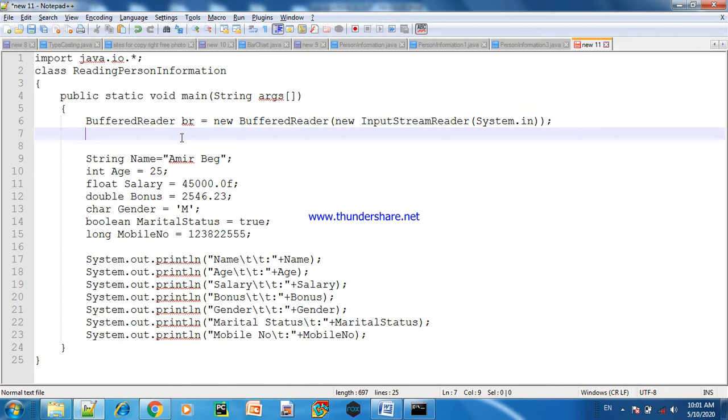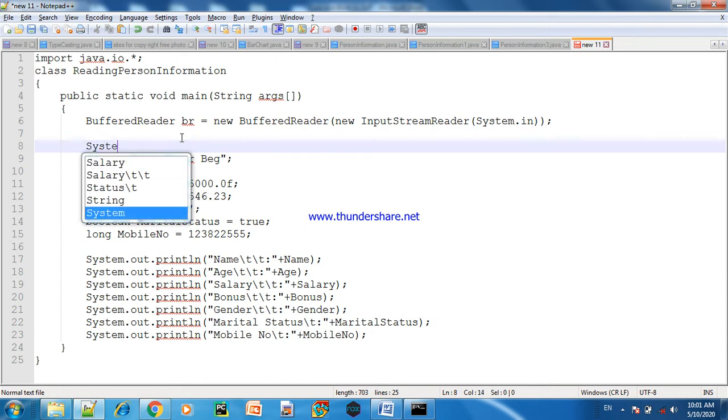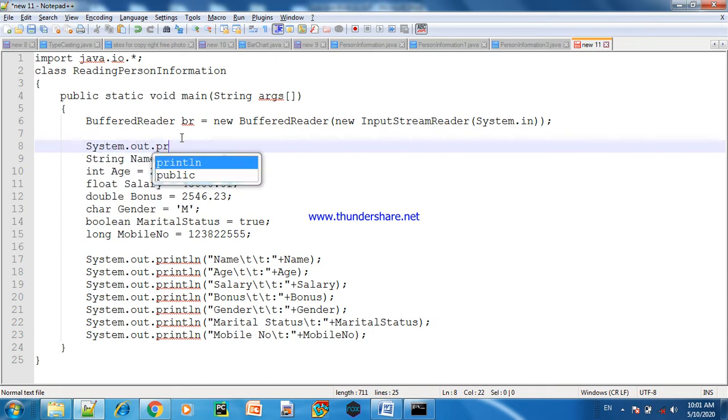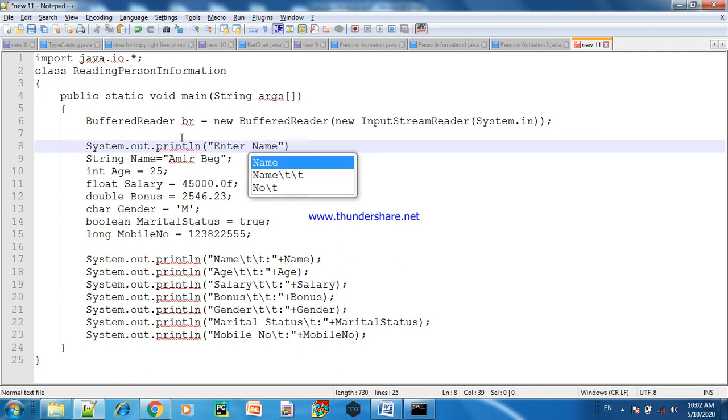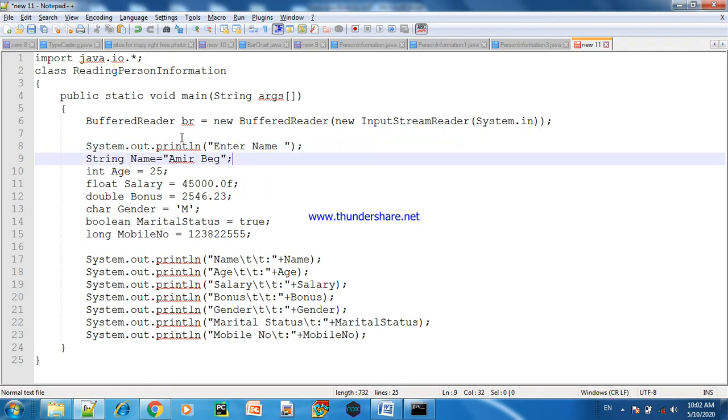Now first of all we print a message, System.out.println enter name. I like this. After that we will write br.readLine.